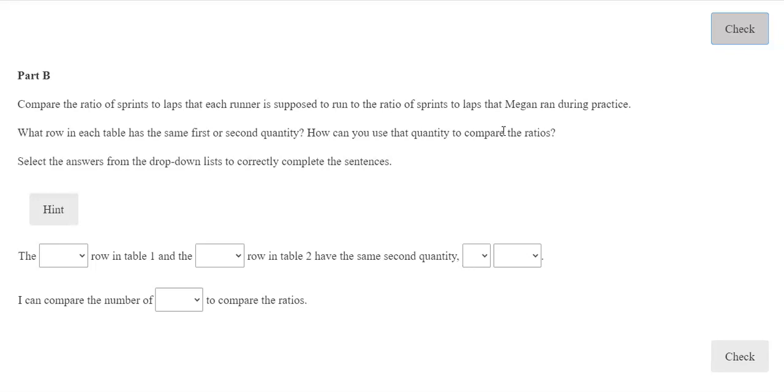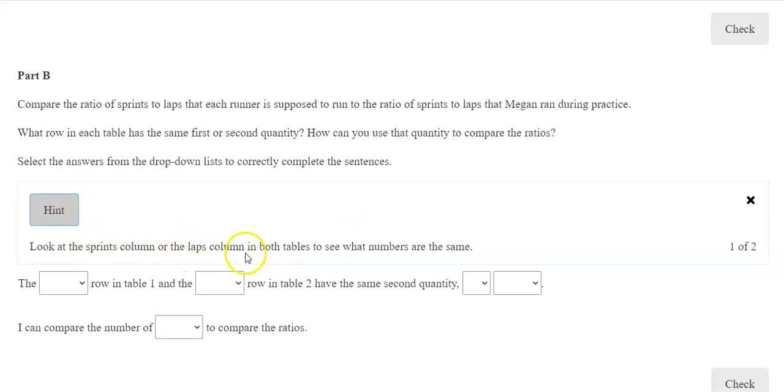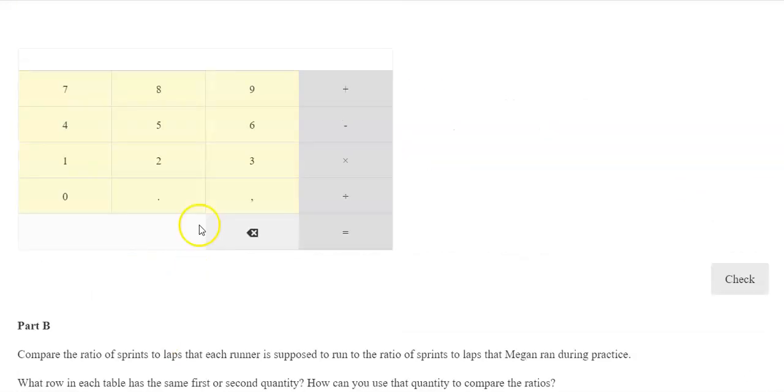Part B. Compare the ratio of sprints to laps that each runner is supposed to run to the ratio of sprints to laps that Megan ran during practice. What row in each table has the same first or second quantity? How can you use that quantity to compare the ratios? Select the answers from the drop-down lists to correctly complete the sentences. So our hint: look at the sprints column or the laps column in both tables to see what numbers are the same. And if you have the same number in one column, you can compare the ratio using the values in the other column. So if we look at this,